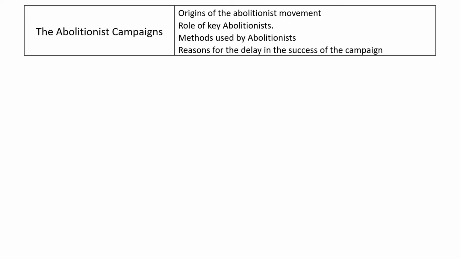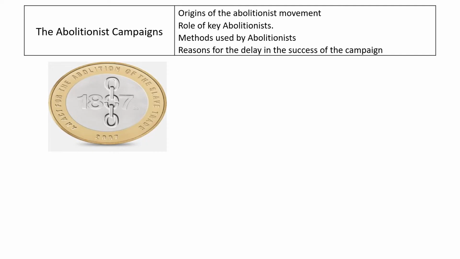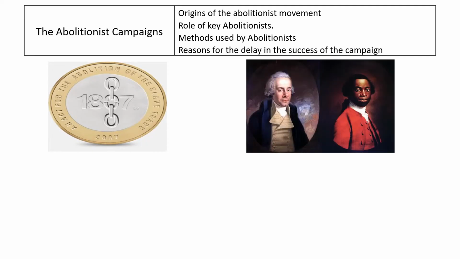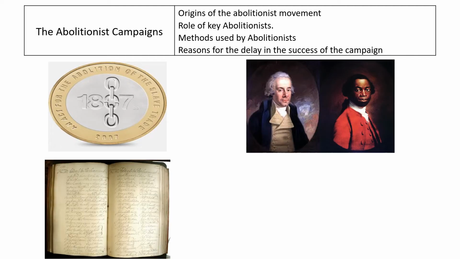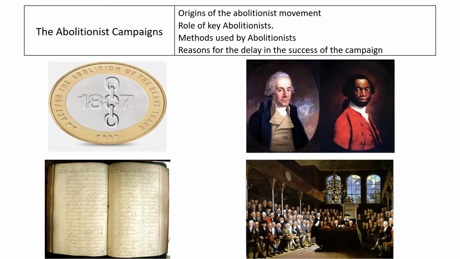And finally, we look at the abolitionist campaigns. Now, abolitionists were a group of people who fought against slavery and tried to get it banned. And so we look at how this abolition movement started. We look at who the key people involved were. We look at the different methods they used, such as petitions, boycotts, and things that are very familiar to us today. Finally, we look at some of the reasons why it took so long for slavery to be